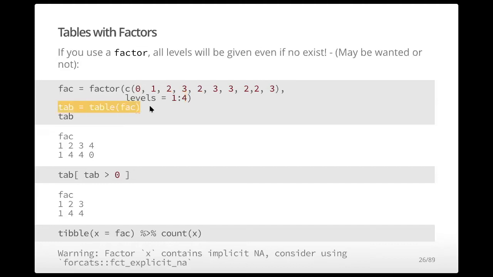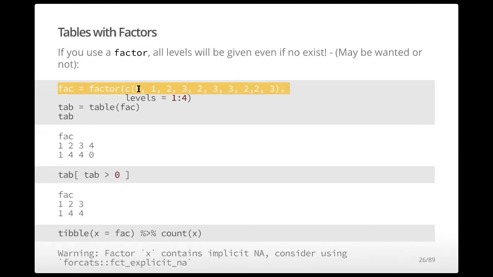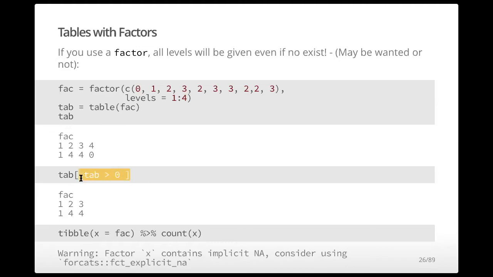So if we set tab equal to the table function, again, because 0 turned into NA, it goes away. But because we have 4 different levels, even though there are no elements of that data set that are in level 4, it still shows a 0 there. Now we can also subset the data where the elements are greater than 0. And again, count will do what you want it to do, but it will give you a warning, saying, hey, you should probably make the factor with explicit NAs